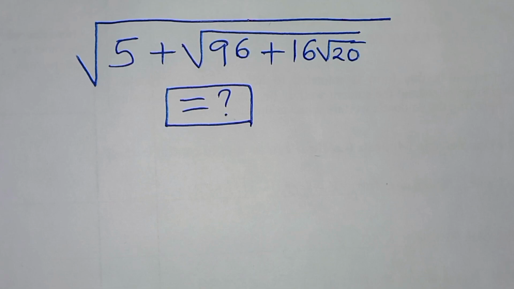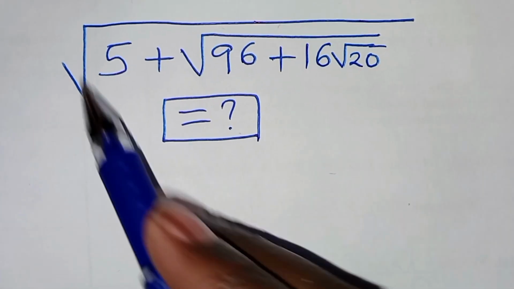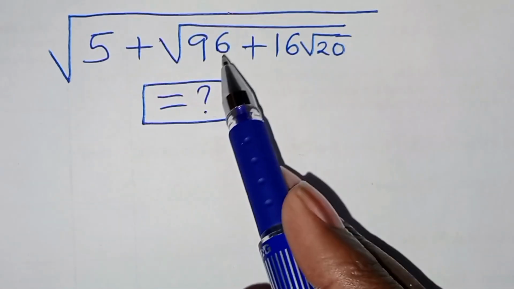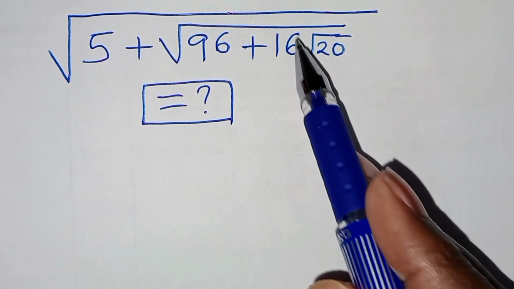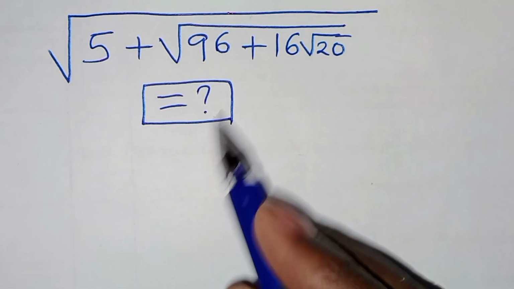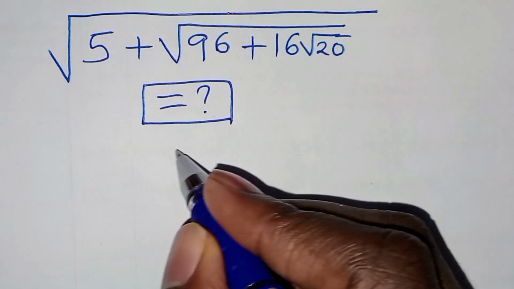Everyone, you're welcome to solve this nice radical square root problem, which is the square root of 5 plus the square root of 96 plus 16 square root of 20. So how do we solve this? Now, solution from here,